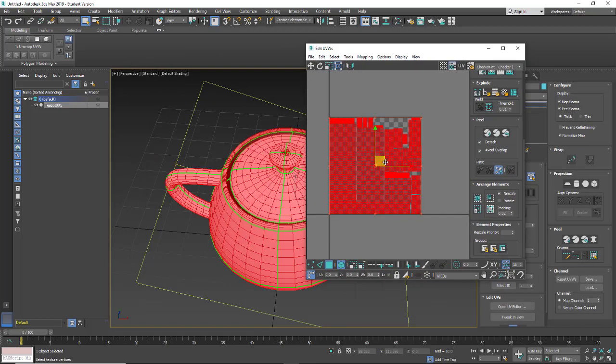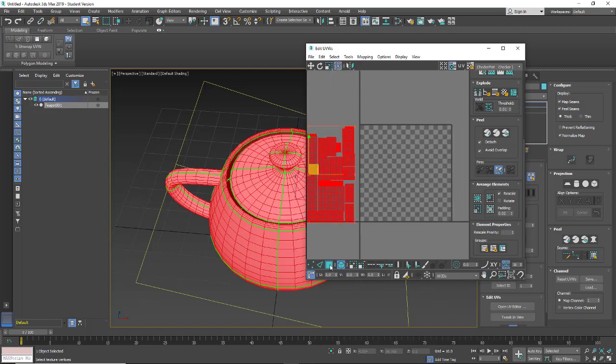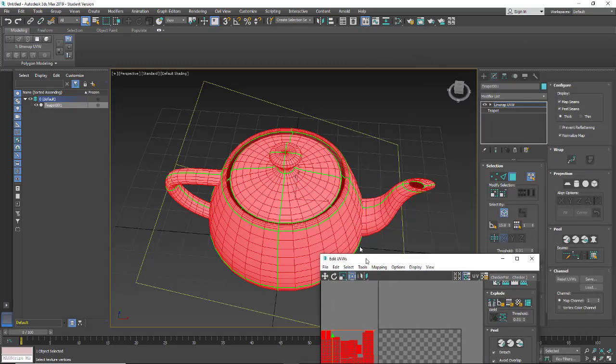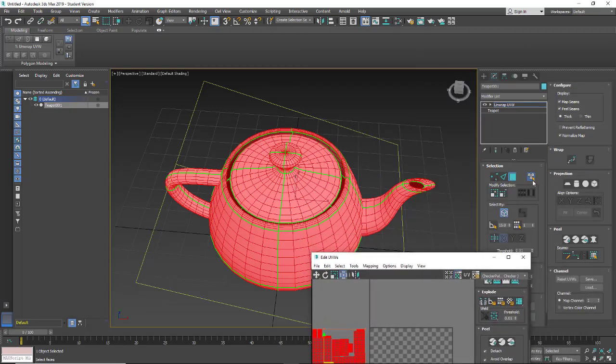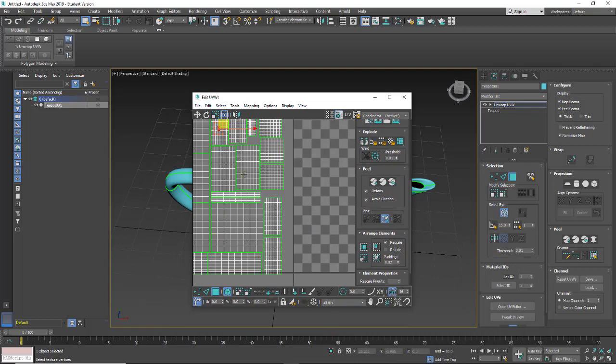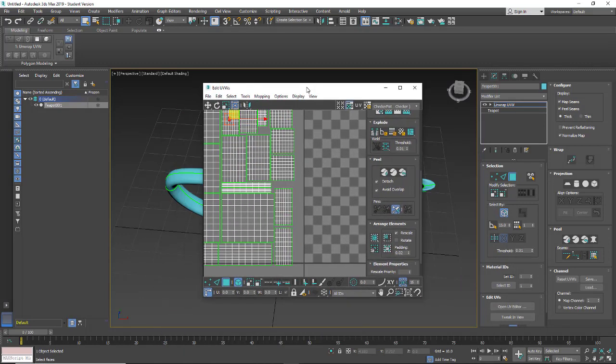So I'm going to pull this out of the 0 to 1 so we can start working in the 0 to 1 space. I'm going to come in and select by polygon and have it by element, so it selects the whole element, and then turn off by element and just click so I know which map we're looking at in the space. So I want to grab this first lid piece,